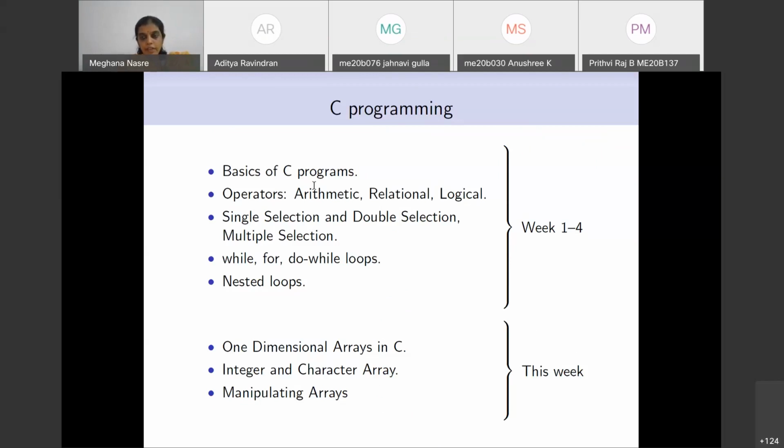We are going to start with one-dimensional arrays, and in particular in today's class we'll focus on integer arrays. We'll do some interesting stuff using that, and then we will move to character arrays. Eventually we will look at multidimensional arrays as well. And then we will see that as we deal with bigger and bigger things and write bigger programs, we will need modularization of code. So we will have to introduce ways to modularize code where we'll move to functions, but that will of course be in the weeks later. But this week we will be dealing with one-dimensional arrays in C.